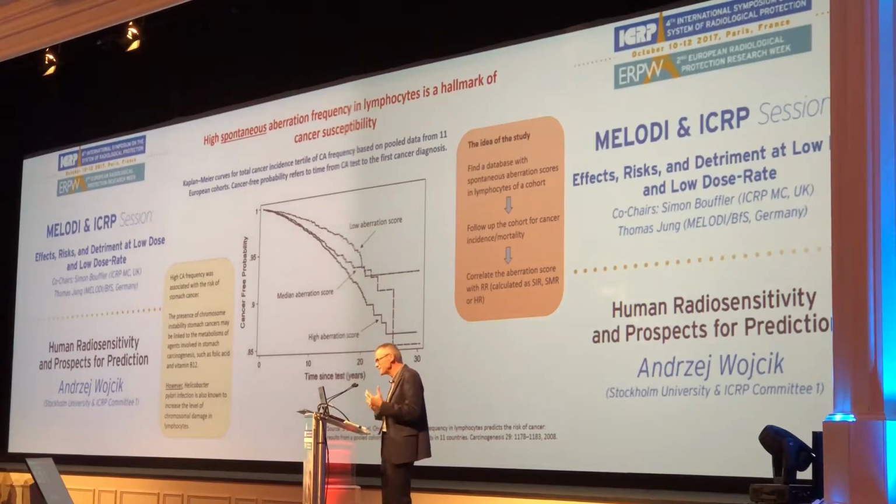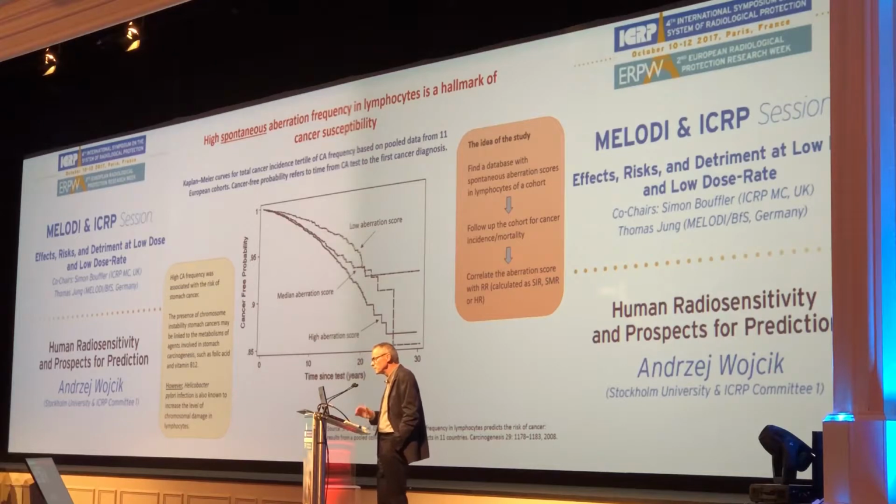So it's not, you don't have high numbers. The statistics is tough. So what he did was he stratified the cohort into 3 groups: low aberration score, median aberration score, and high aberration score. And you see that there is a trend. These guys with a low aberration score tend to live longer cancer-free than these people here who had a high aberration score. And the median group is in the middle somehow. So it fits really nicely.